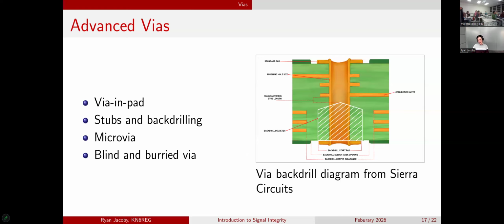I have a diagram on the right here from Sierra Circuits. They are one of the PCB manufacturers that we used when I was at Polysat, and they do have this capability. It's quite expensive, but you can do controlled depth drill to prevent this kind of